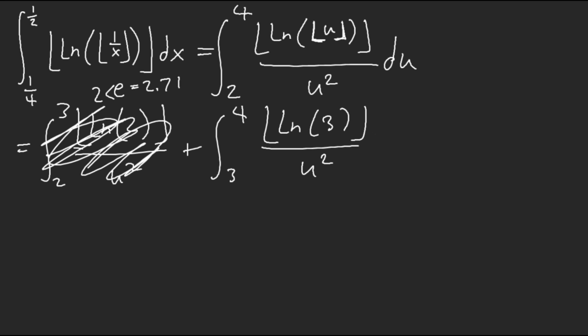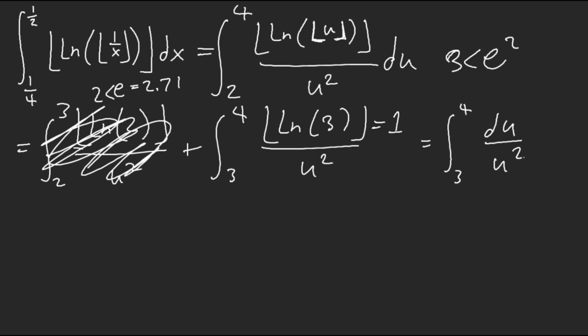And so now what we have here, okay, e squared is definitely bigger than 3, right? Because e squared is 2.71 squared. That's clearly bigger than 3. So because of that, we know that ln of 3 is less than 2, and this is definitely between 1 and 2. So because of that, this floor function is going to equal 1. This is 1. So what we have is the integral from 3 to 4 of